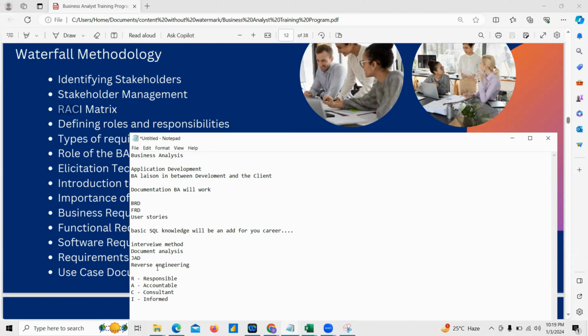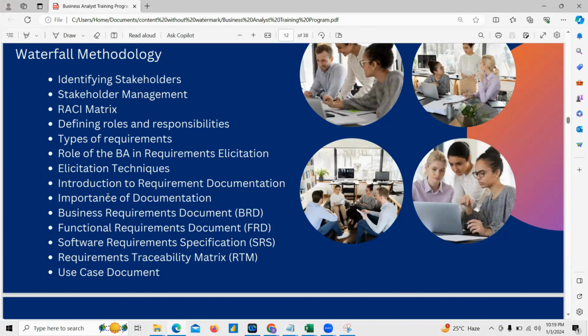We have to identify the right stakeholder and plot each in one of these categories. This will be helpful when you start working on the implementation of the project, in identifying the right stakeholder to discuss with and to get feedback on the requirements. We'll see how to do this RACI matrix.